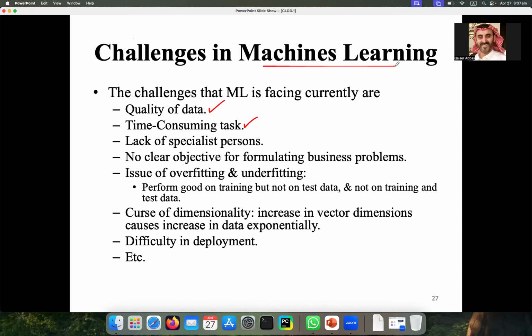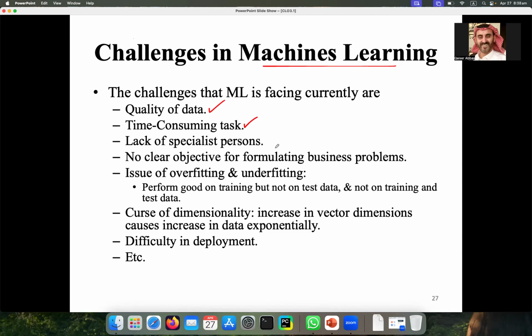If you run on those normal machines that you are using at home, some models take 4 days or 5 days only for training. And when their training is finished, then you can give them test data, and then you can see the actual results. So it is a time consuming job.